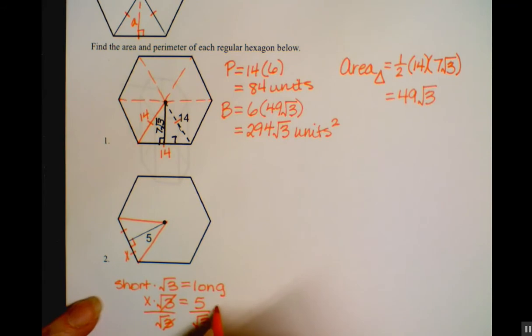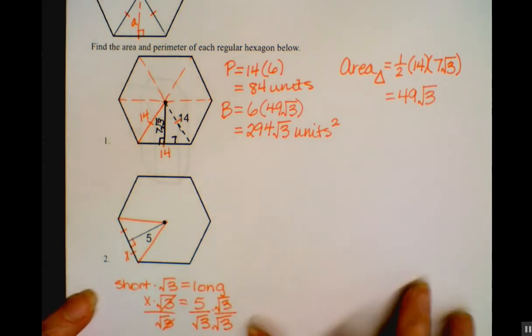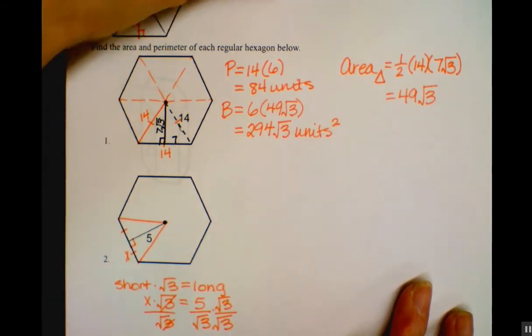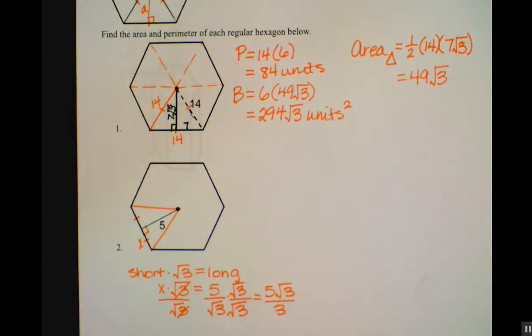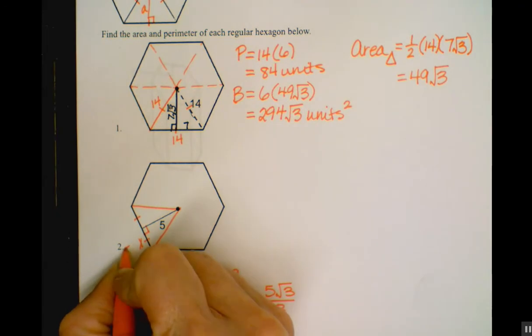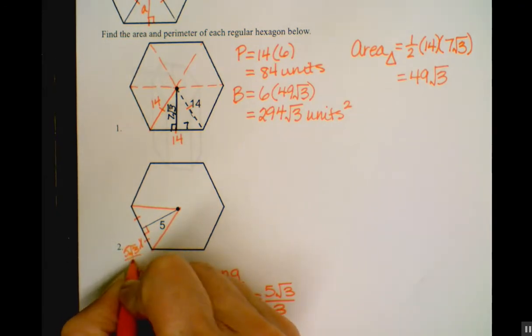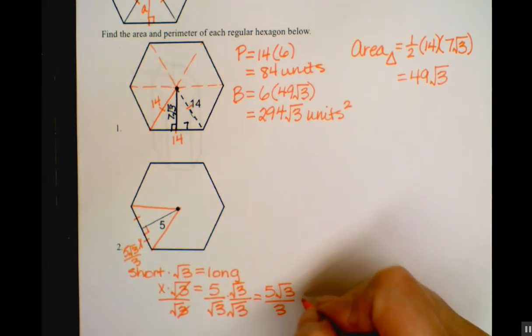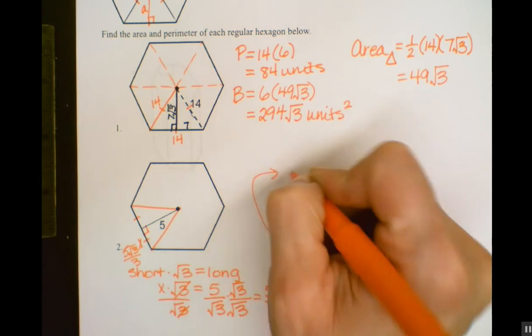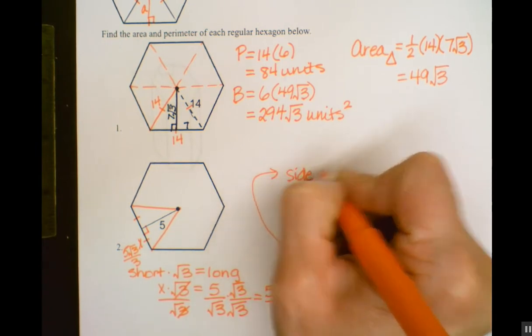And rationalize what we have on the right side, multiplying both the numerator and denominator by the square root of 3. So 5 square root 3 over 3. In this case, the 5 is not evenly divisible by 3, so we'll leave that as the length of x. Remember, x is the length of half of the side. So if this is 5 root 3 over 3, and that one is the same length, then the length of the entire side, take this up here, the side length of the polygon